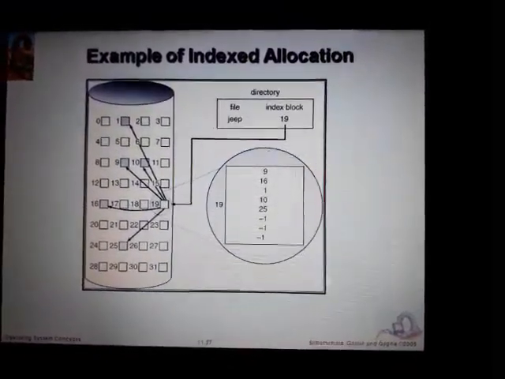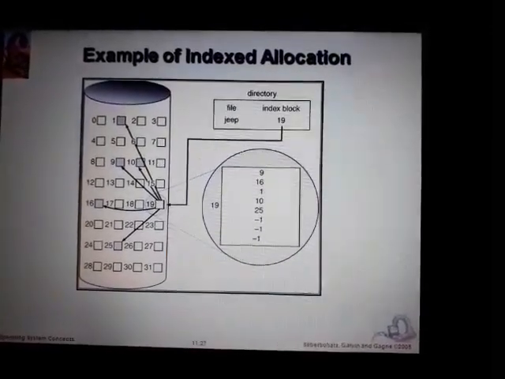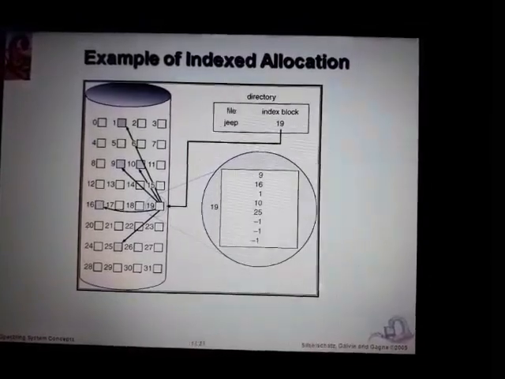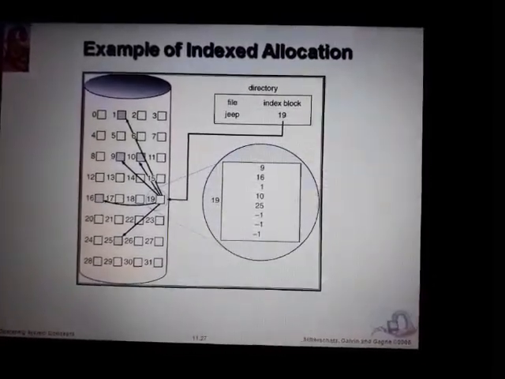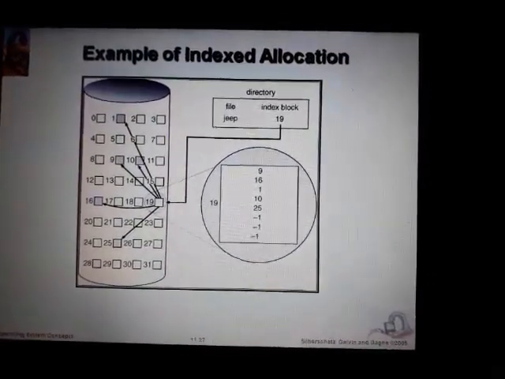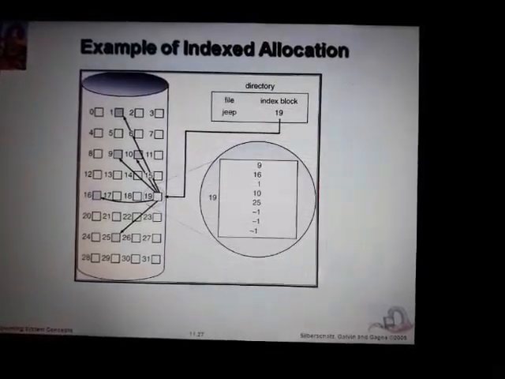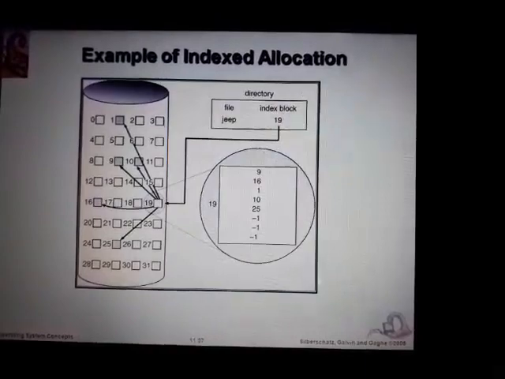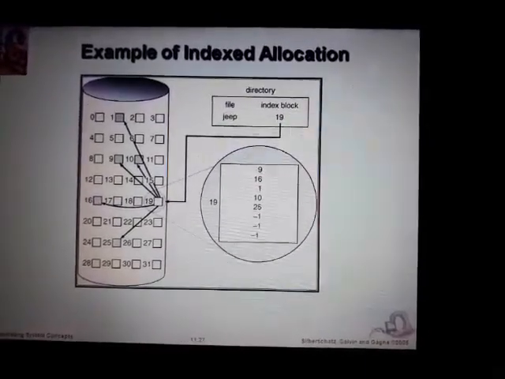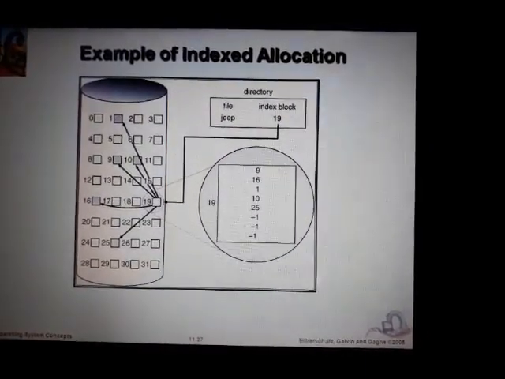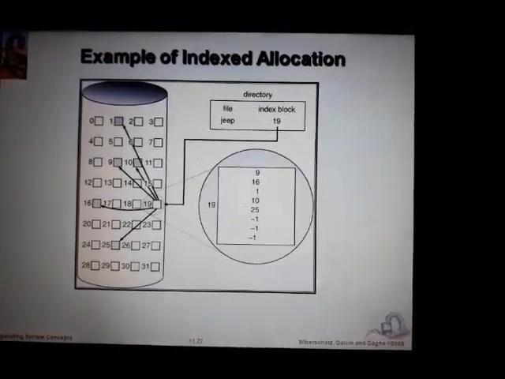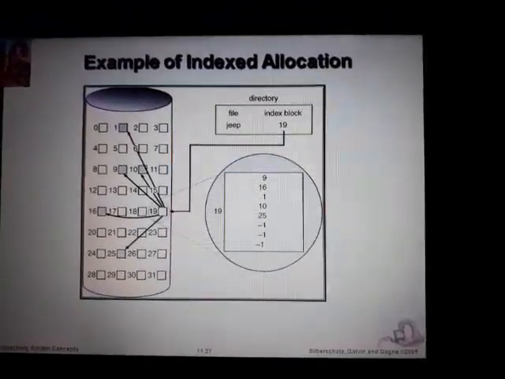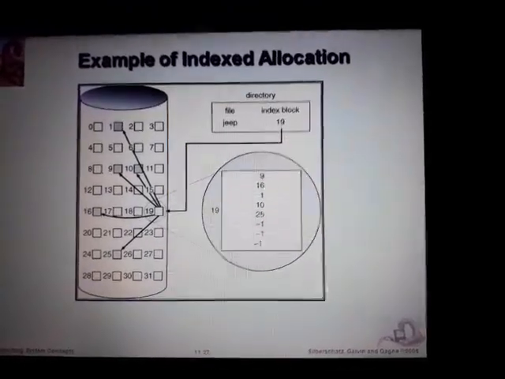So indexed allocation means from one particular index block you can move to any other block existing in the disk. We need not use the pointer method here, that is the previous method, linked allocation. So there is no wastage of pointers here, so that can be removed in case of indexed allocation. And even in contiguous allocation many wastage of blocks could be seen, but in this particular indexed allocation we cannot see such wastage of blocks.